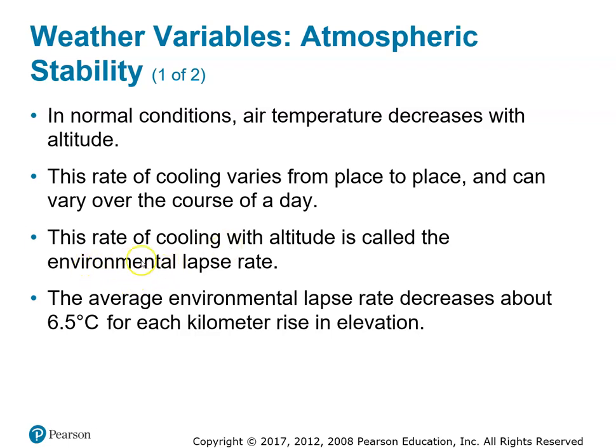It's called the environmental lapse rate. I know it's a little confusing, but it's the rate at which the air cools per increase in altitude. And on average, it varies, but on average, this environmental lapse rate is about